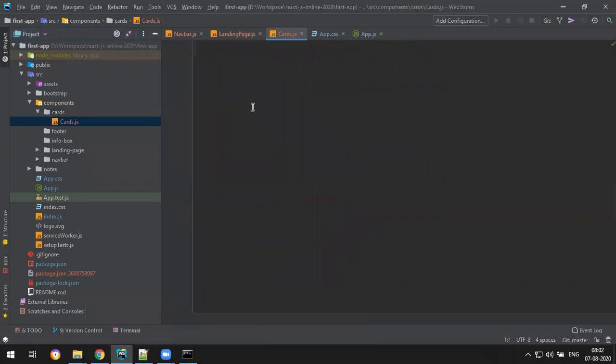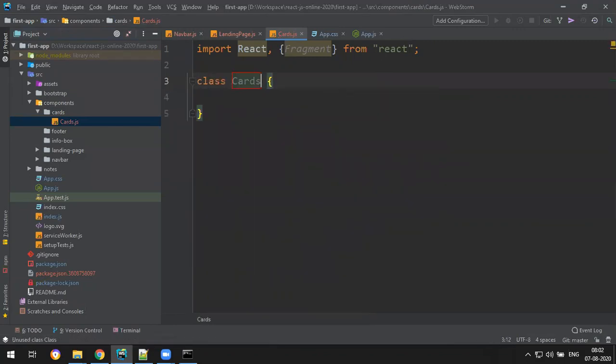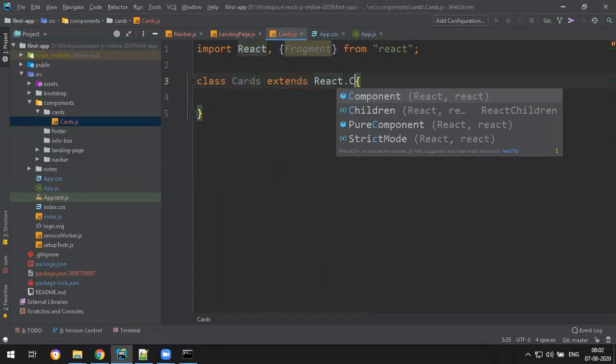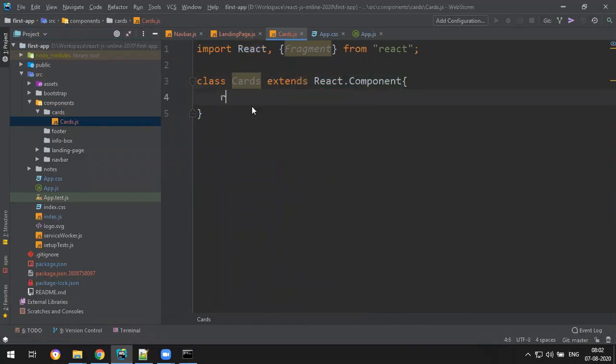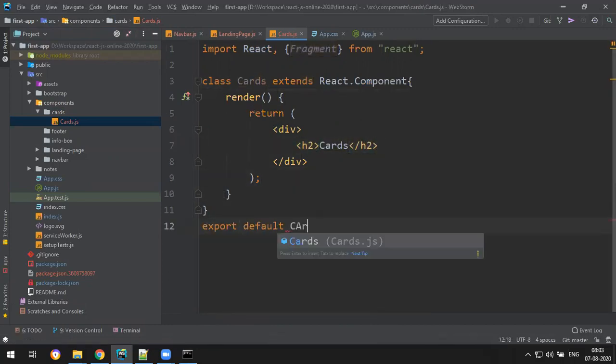Okay, in this again your React components. So React along with the fragments, and let cards, cards. Sorry, it's not functional. It's a class. Cards extends React.Component, in that rce tab, h2 cards. Okay, export default cards. Okay, so we have done the structure.